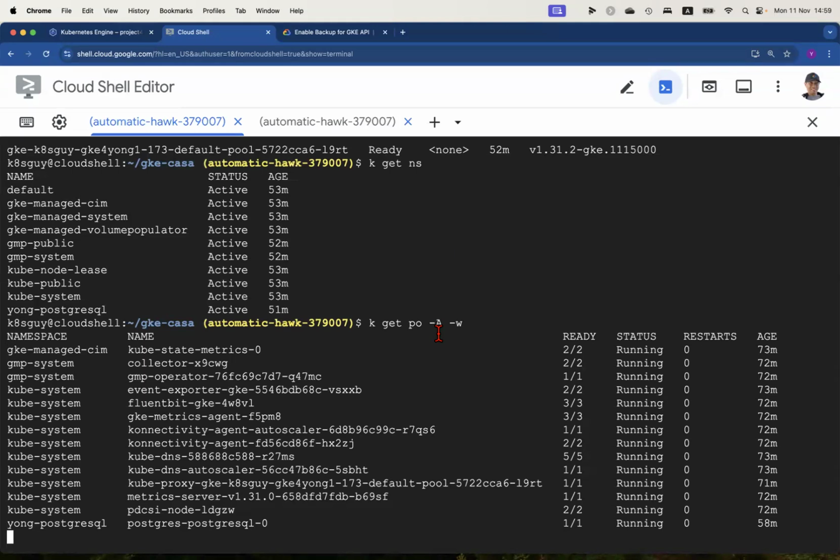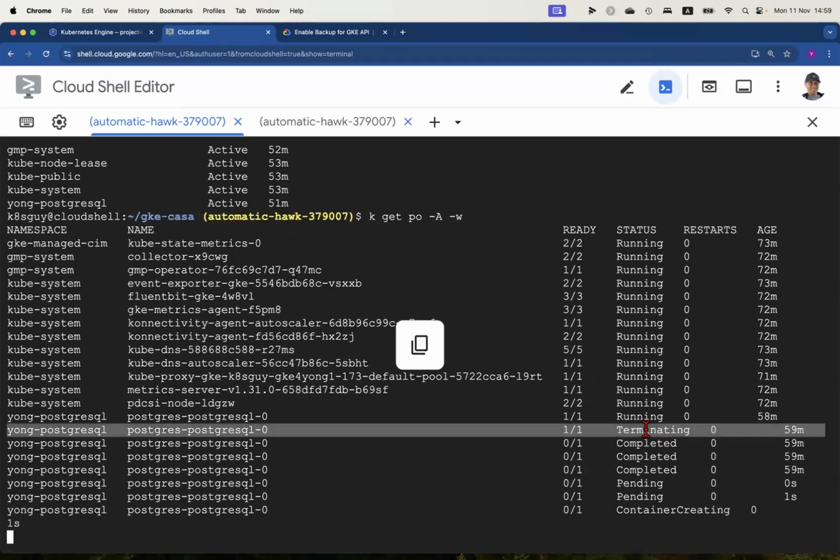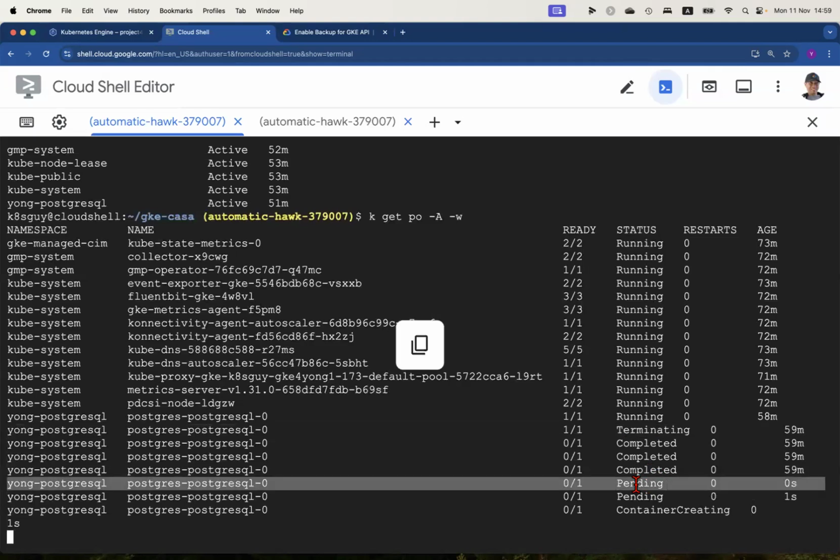will terminate my existing pods, the PostgreSQL database pods, and then start to restore from my backup storage. In this case, by default, it will be using Google Cloud Storage. It only takes about a few seconds. Yeah, you can see, first of all, it terminated the existing pod containers, and then once it completed, it started to bring the new,